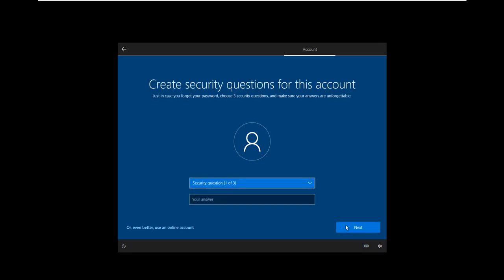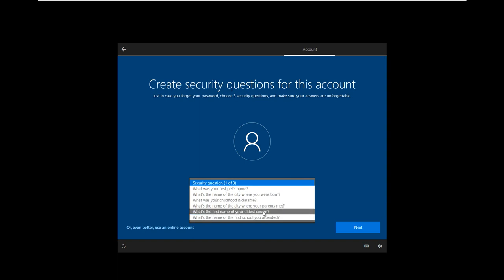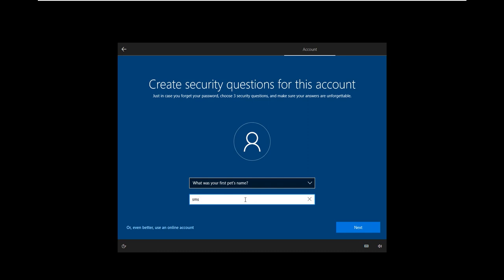Now if you forgot your password, then to recover your password, it is giving you some security questions. There are 3 questions you have to select. So these are the questions you can select. So I select this, and put the answer there.